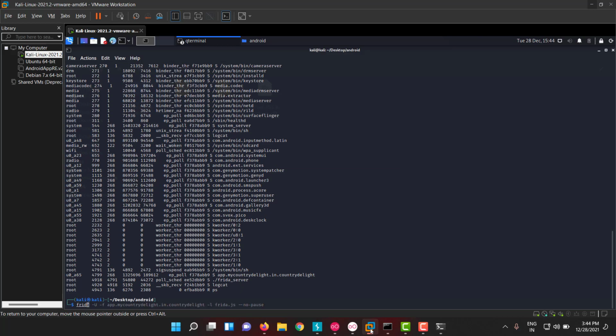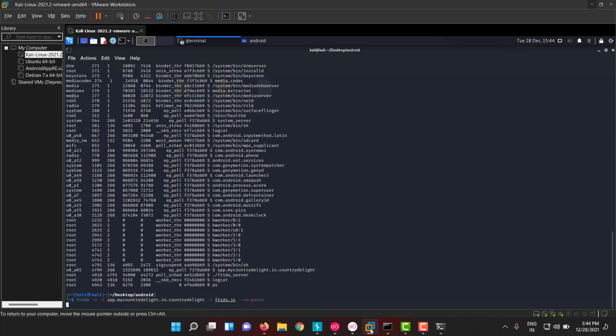Now frida -U -f, and you can see this is a command using Frida: -U refers to the device which is spawned, -f refers to the app package, -l to the hooking script, and this is the parameter.